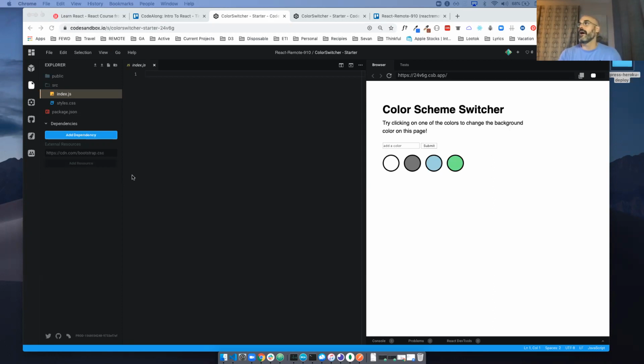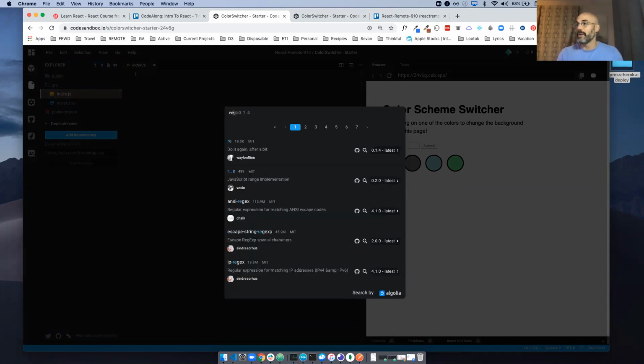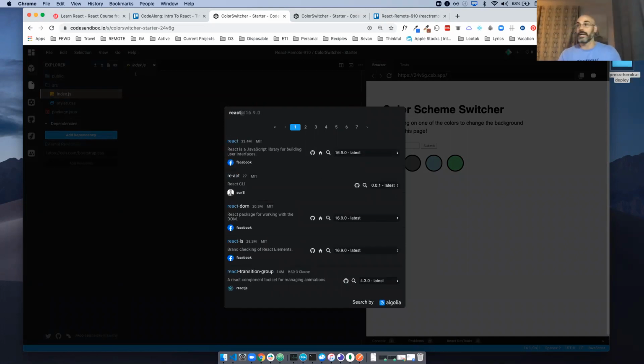And so in our Code Sandbox, this add dependency is how we add a dependency. The dependency is going to be the React libraries, because there's several libraries that we need to add in order for this to work. So if I click on add dependency, it takes me to this screen. And it's showing me some of the most popular JavaScript libraries that are out there. I mean, this is a JavaScript tool. There's thousands and thousands of JavaScript libraries out there, but we're looking for something very specific, and I'm looking for React, right? That's the library that I'm looking for.